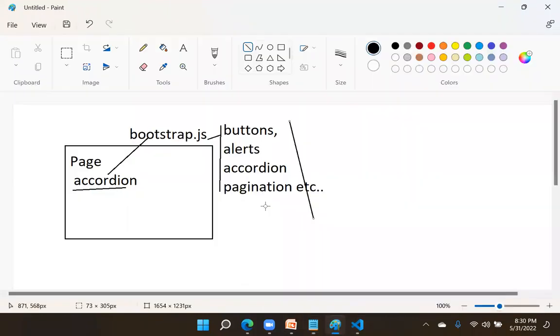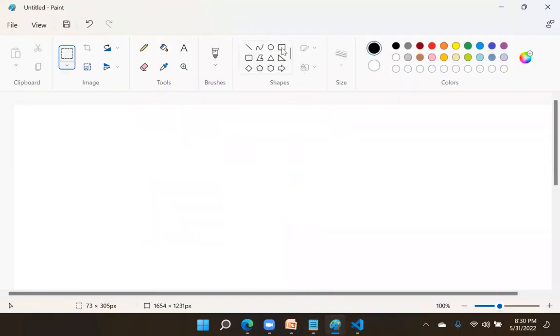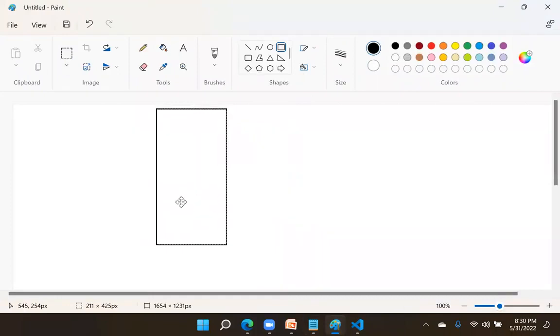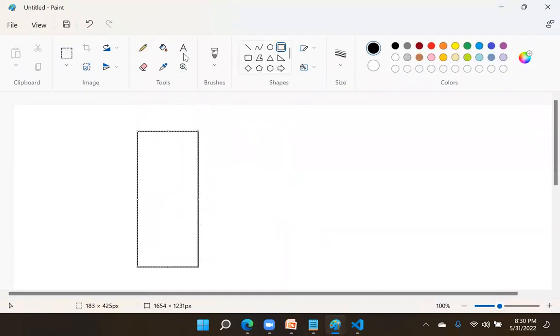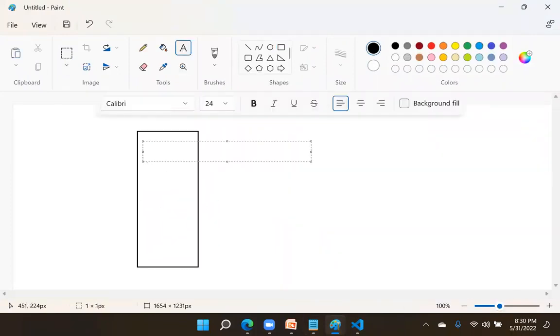Asynchronous means, for example, we have certain actions here. What is synchronous and asynchronous? Suppose we have A, we have B, we have C. Like this, we have some options A, B, C, and some features are there.